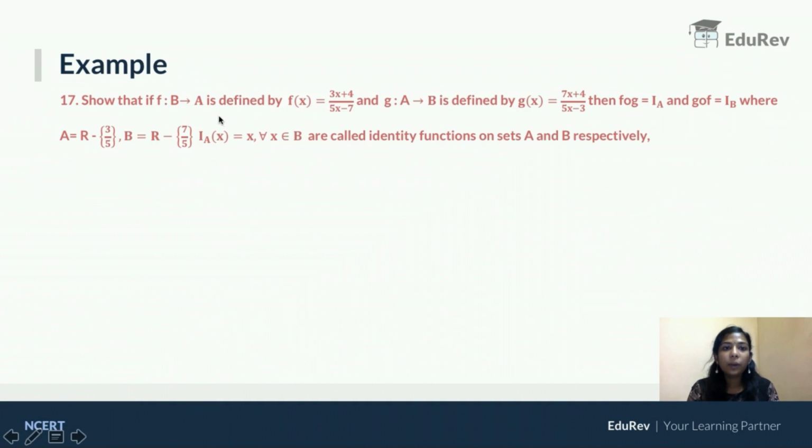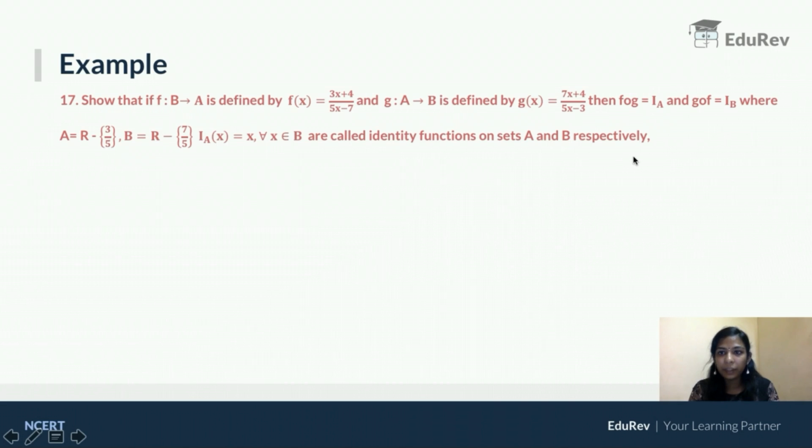Show that f from b to a is defined by f of x is equal to 3x plus 4 by 5x minus 7, and g from a to b is defined by g of x is equal to 7x plus 4 by 5x minus 3. Then f circle g is equal to ia and g circle f is equal to ib, where a is equal to all real numbers excluding 3 by 5 and b is all real numbers excluding 7 by 5, and ia of x is equal to x for all x belongs to a, ib of x is equal to x for all x belongs to b, are called the identity functions on the sets